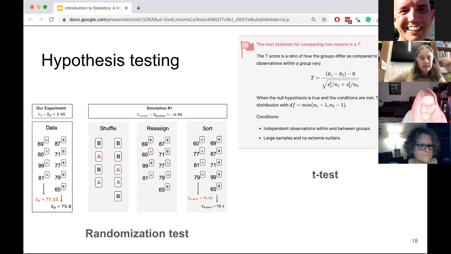So you start all the way on the left side of this screen, and you see these 1, 2, 3, 4, 5, 6, 7, 8, 9 students have these scores that they've gotten on their tests. But if the null hypothesis is true, then it wouldn't have mattered which version of the test they got, right? So we could have given the person who scored 69 test B, and they still would have gotten a 69 if the null hypothesis is true. So this is the process, and we really use graphical or visual examples to help students understand